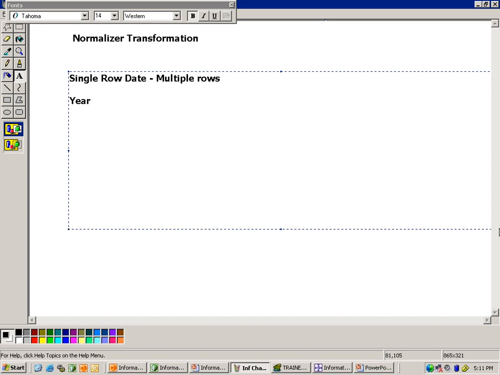Common is year and account, that is 1997, and salary. Now in the source, amount 1, let's say 1200, amount 2, let's say 1400. Like this you have till amount 12. So what happens in the normalizer transformation is,